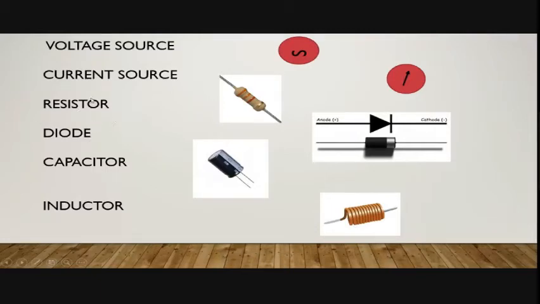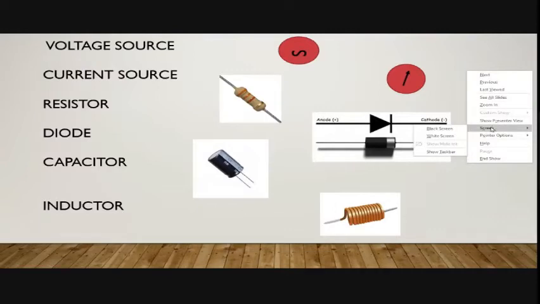Now suppose you take a resistor, this resistor, and you plot a graph between V versus I, that is voltage versus current. Then what will happen? You will get a straight line, is it not? So if you draw this one like this, let me just draw it and show it to you. Where is that?